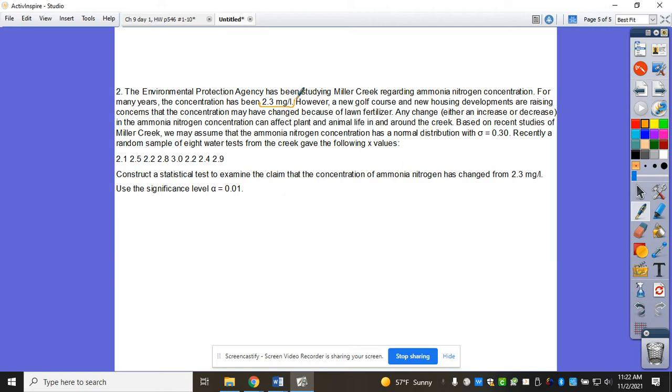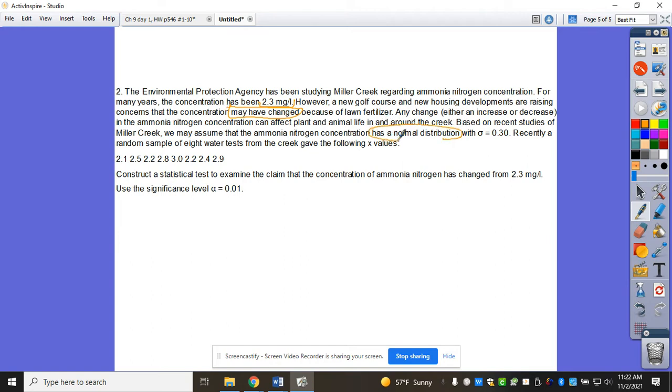What's important there? What is that not telling us? A direction. Not telling us which way it's changing. So any change, either increase or decrease in the ammonia nitrogen concentration can affect plant and animal life in and around the creek. Based on recent studies of Miller Creek, we may assume that the ammonia nitrogen concentration has a